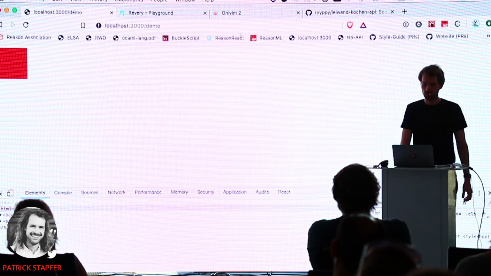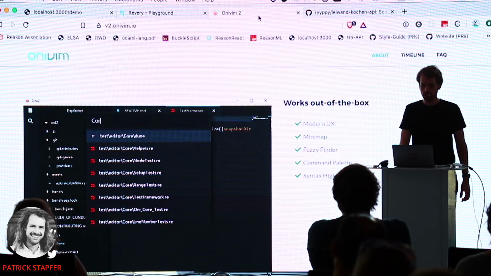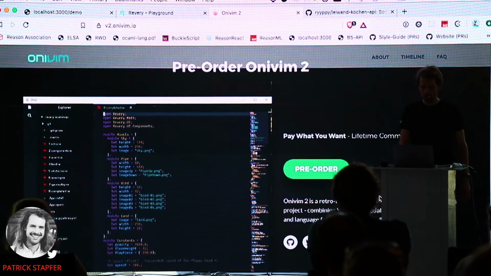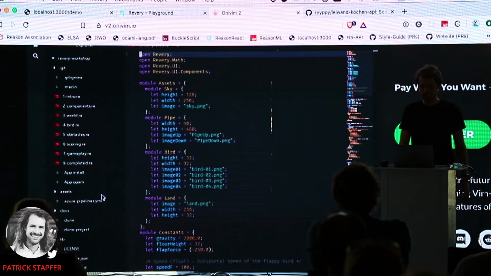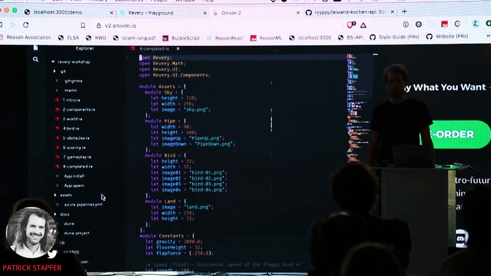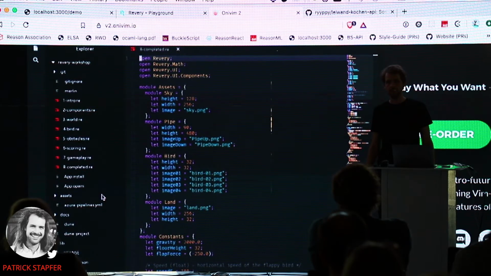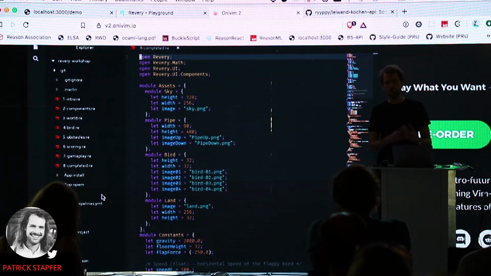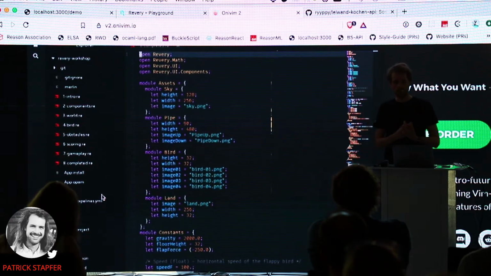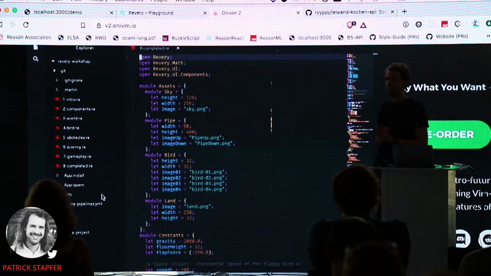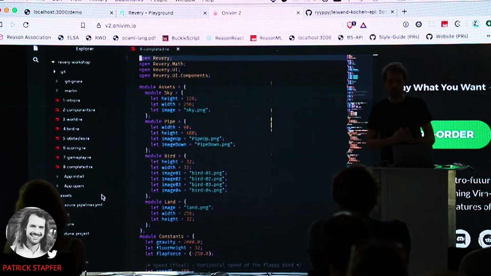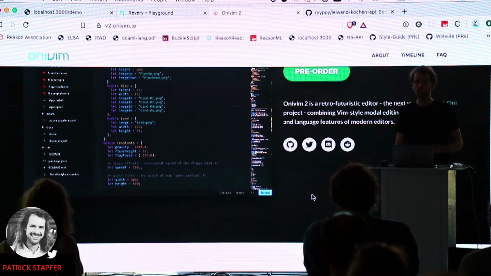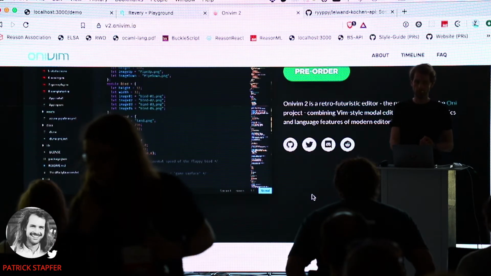And just to give you an example of what products are being built in Reason, there is a project called Onivim 2. It's a VS Code-like implementation of Vim. So it's a Vim shell. It uses the NeoVim engine, I think, in the background to communicate with the editor core and renders the whole thing in a native API with C bindings and all that jazz. It works on all platforms, and it's not using Electron. It's basically an Electron replacement.